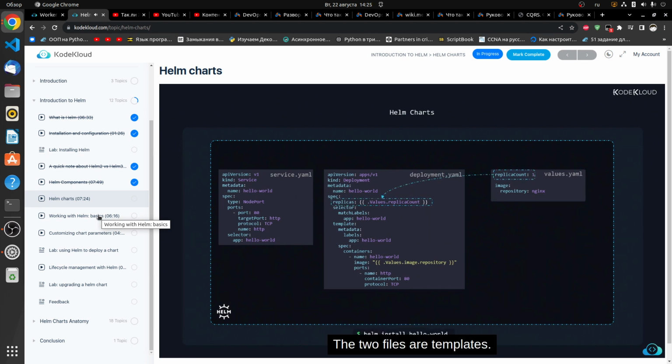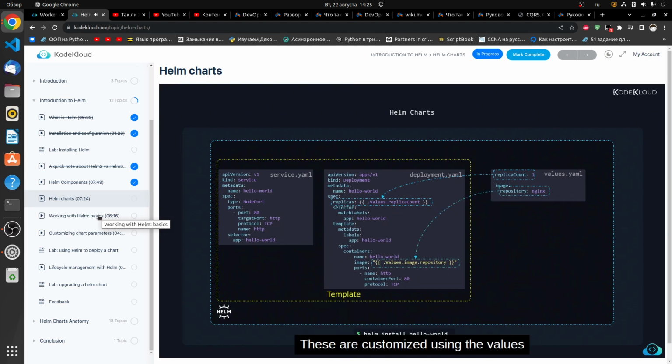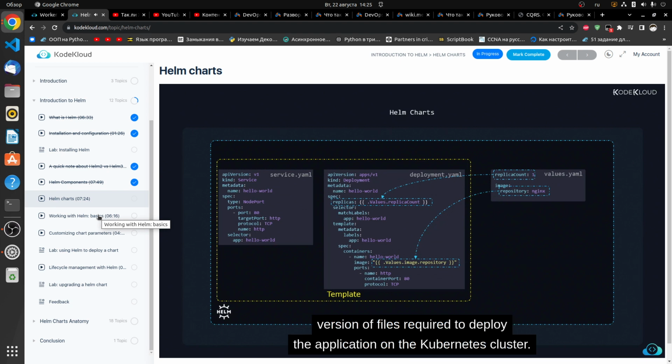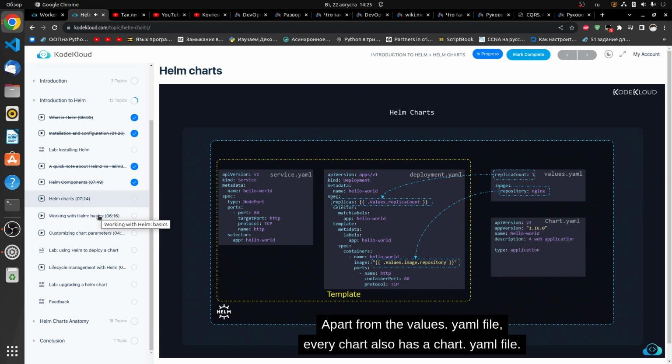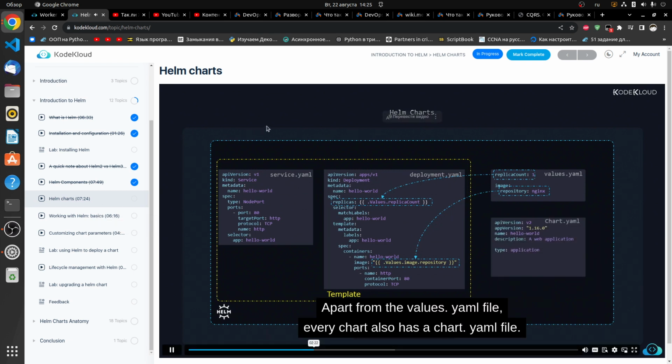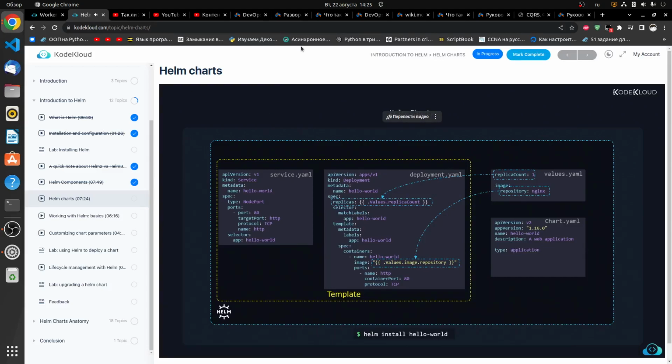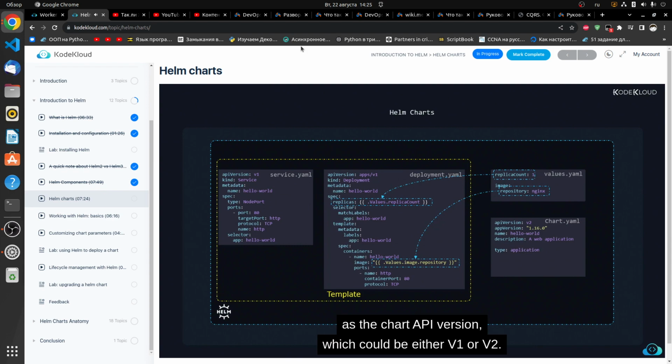So the two files are templates. These are customized using the values from the values.yaml file to create the final version of files required to deploy the application on the Kubernetes cluster. Apart from the values.yaml file, every chart also has a chart.yaml file. It contains information about the chart itself, such as the chart API version,